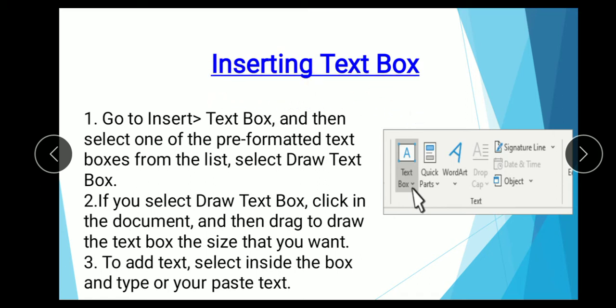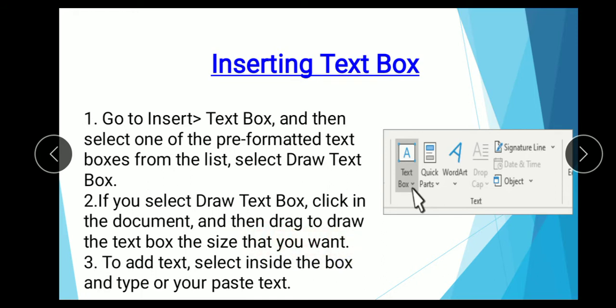Inserting a text box. Follow some steps. Step first, go to the Insert tab, then select text box, and then select one of the pre-formatted text boxes from the list. Here, when you click, it shows the list of text boxes; select draw text box. Step 2, click in the document and then drag to draw the text box the size that you want.